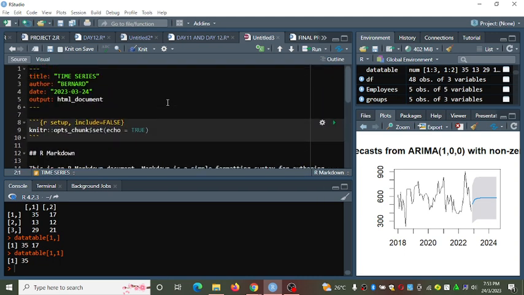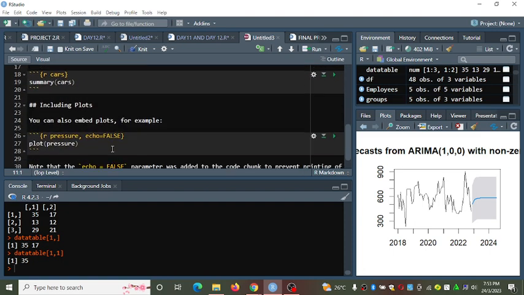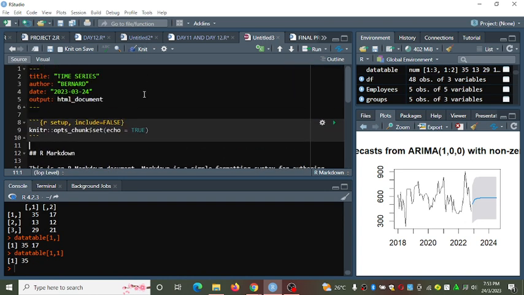What is inside this? Do you see here, this is the R setup include first. Anything that you write inside this R part will be an R command, but the other parts are just plain text. When you need this document, just click on it here.